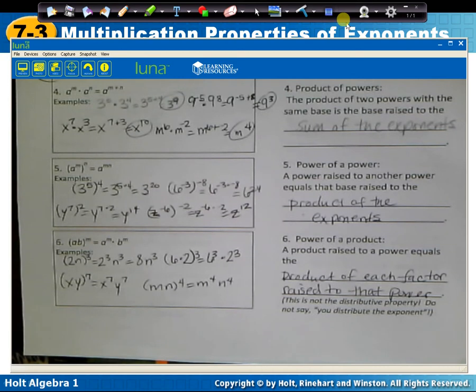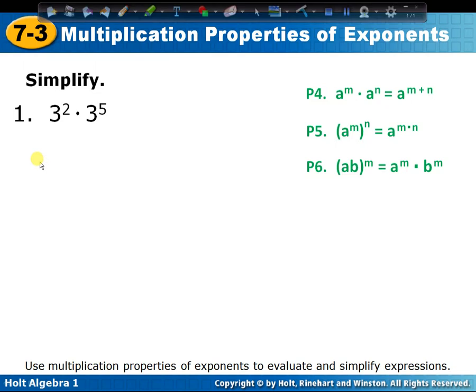All right, here's our first example. Go ahead and make sure you have this written down on your notebook paper. Number 1 says 3 to the 2nd power times 3 to the 5th power. So we've learned about 3 new properties today. We're going to be using